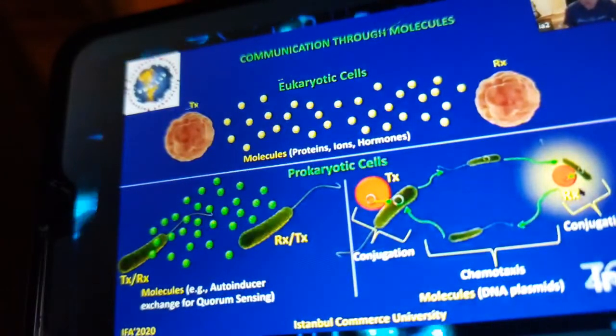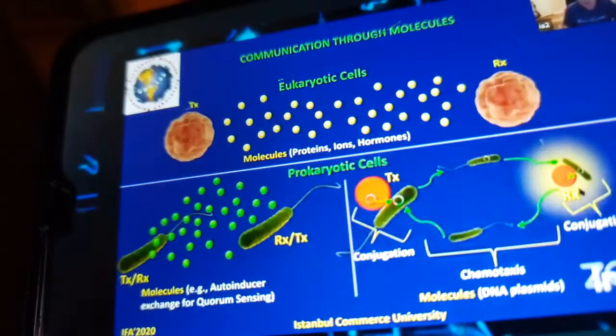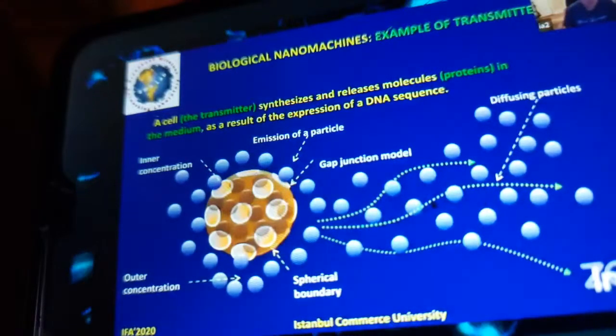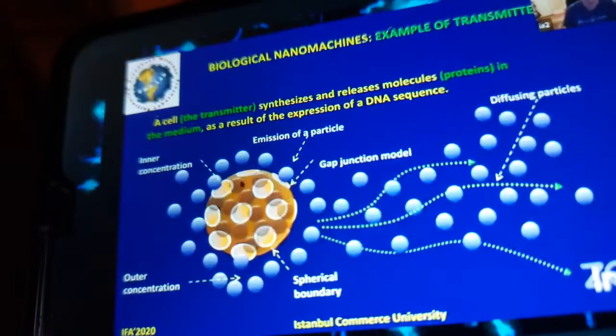And so that process is called conjugation. This is the typical thing, that's what's happening in nature, by the way. So now you can see also in this picture what the transmitter looks like. Like here's this